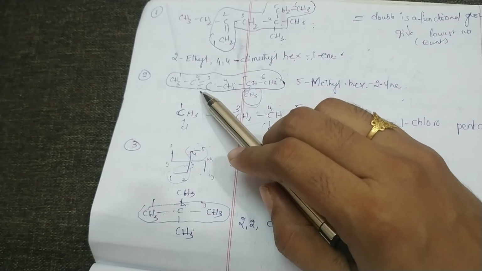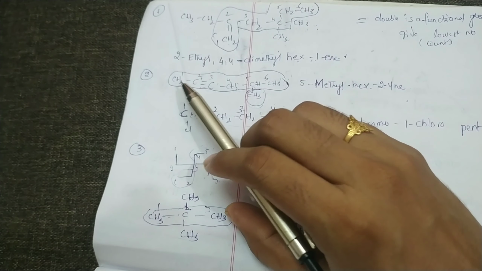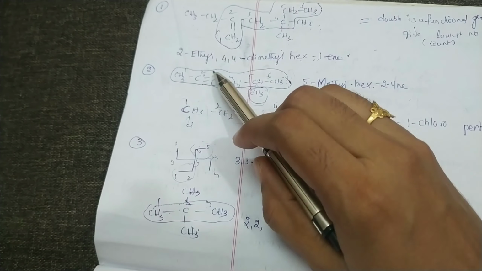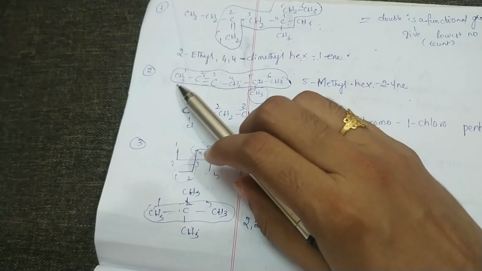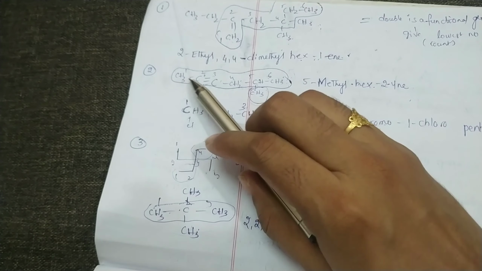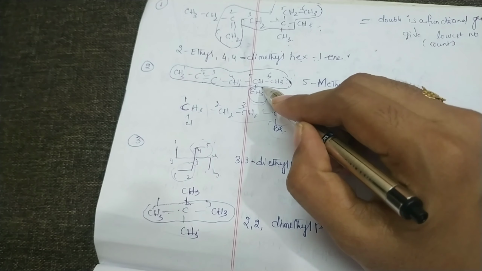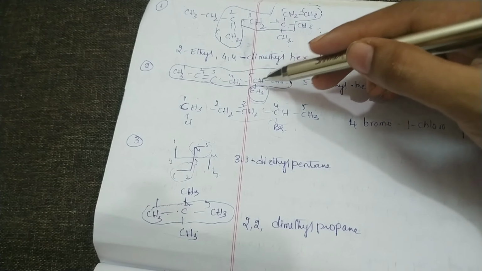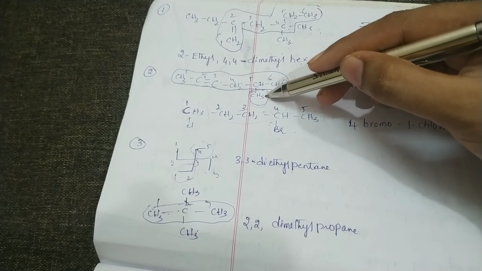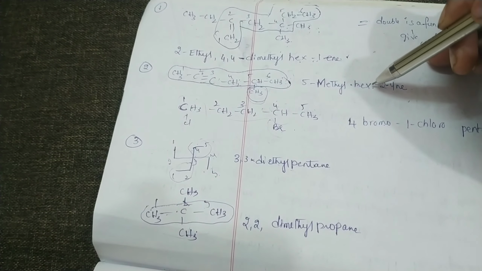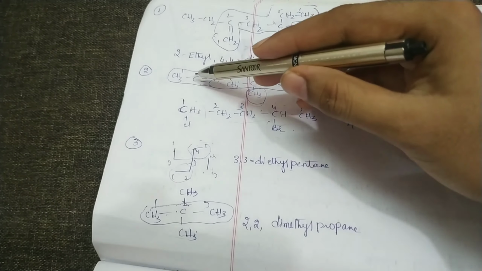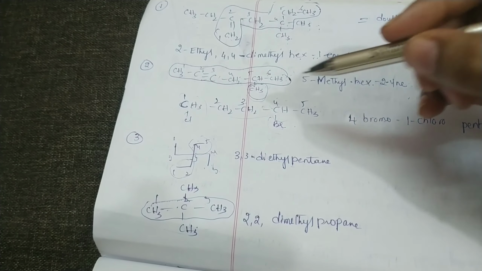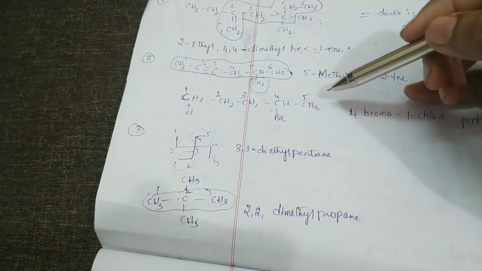Here one functional group is present, so we will give the number to the side where the functional group will receive the lowest number. So if you are giving the number from this side, 1 2 3 4 5 6, this is the substituent. Then we will write, in the fifth position a methyl group is present, 5-methyl, 6 carbon atoms means hex. Triple bond, in which position? Second position, 2-yne. Next we will write the name for this compound.